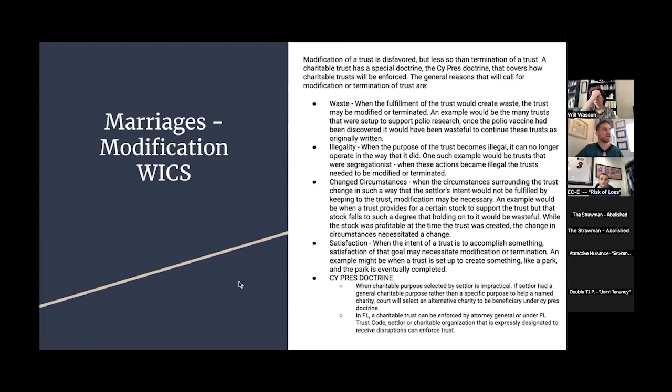So we have valid trusts don't ruin marriages. We go through whether the trust is valid. That's the main thing. That's the main part of a trust analysis. Make sure you go through all the points. Is there a settlor with valid intent? Is there a legal purpose? Is there a trust res? Are there ascertainable beneficiaries? And is there a trustee? And the trustee has to be 18 and a resident of Florida.